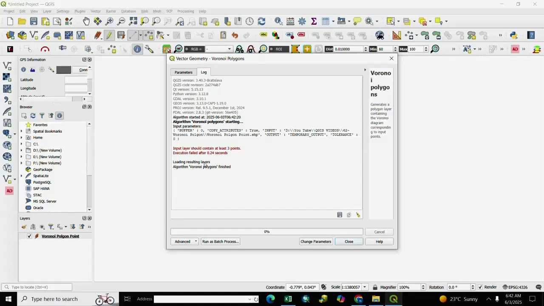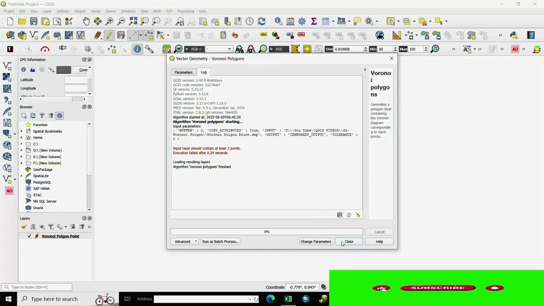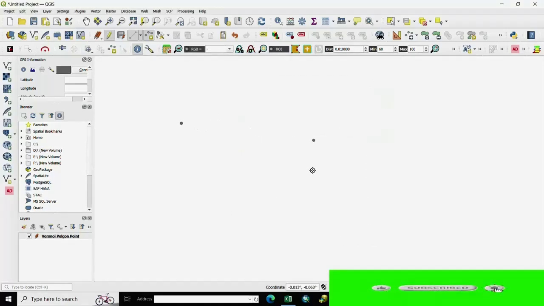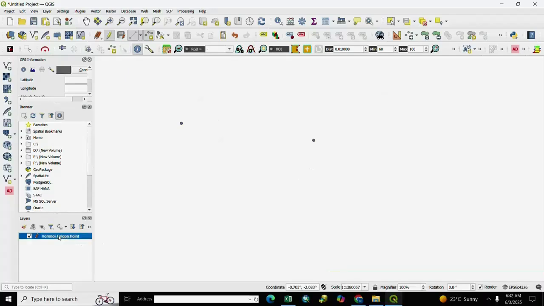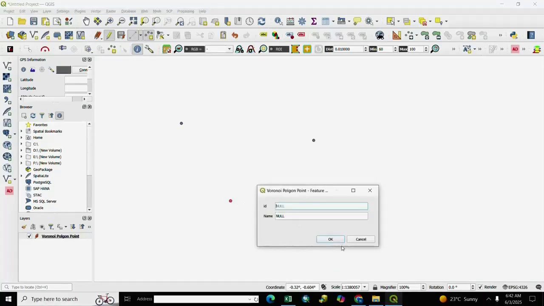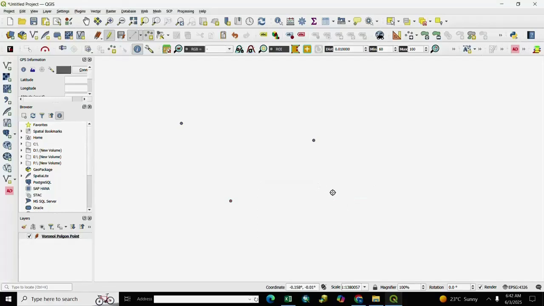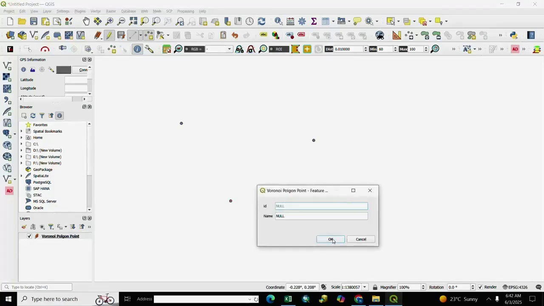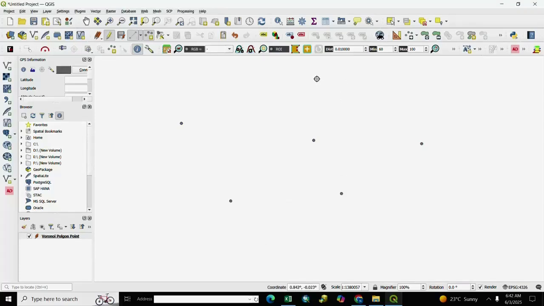Here is an error: input layer should contain at least 3 points, meaning a minimum of 3 points are required for creating the polygon. So we close it and create 3 points. Here are 2 points, we create again 1 point, and OK, and we create other points 4, 5 and 6.